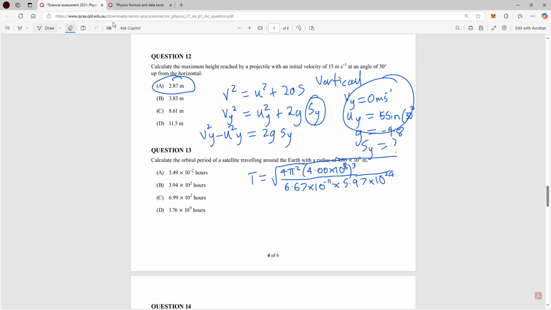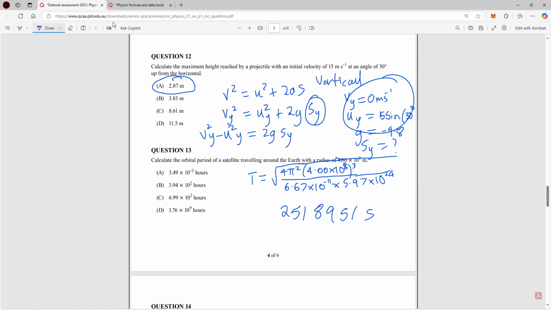Alright, so you should get roughly this number, 2518951. That's in seconds. So if we want to convert it to hours, we need to divide it by 60 times 60, okay? Because there is 60 seconds in a minute, and there's 60 minutes in an hour. So if you divide that number by that, you're going to get, I'll just do it,